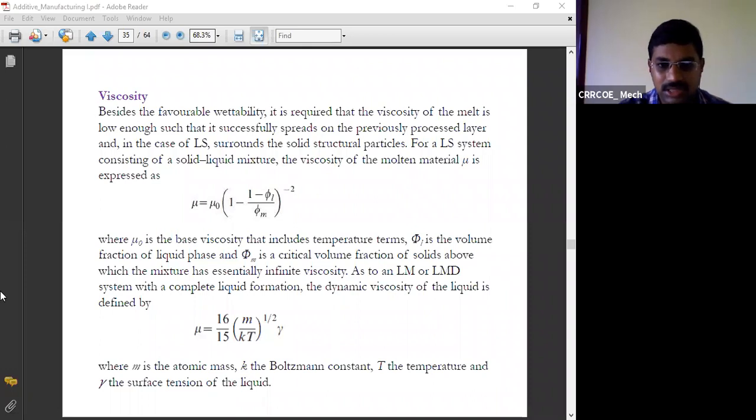I don't want to recall all these basics right now. So here we are having dynamic viscosity and kinematic viscosity. Kinematic viscosity is the dynamic viscosity divided by the density of the fluid. Here some other terms are given: Boltzmann's constant, for finding the dynamic viscosity of the liquid, which is used for solids and polymers. T, capital T, represents the temperature, and gamma is the surface tension of the liquid.